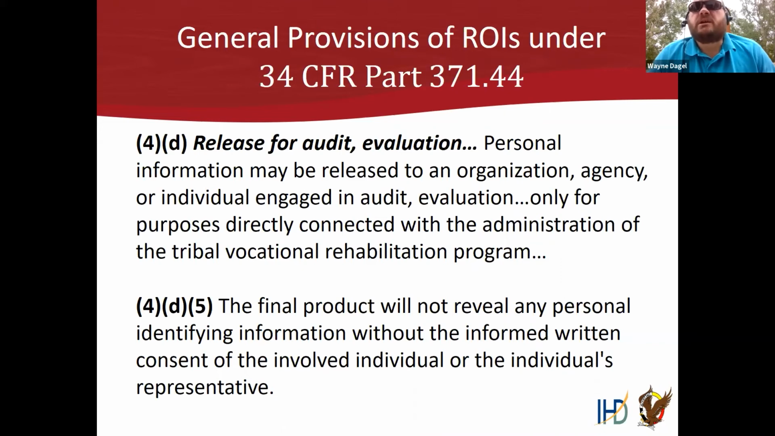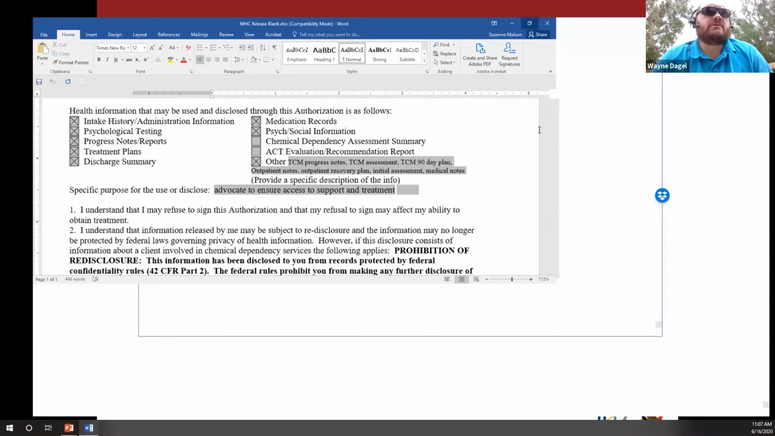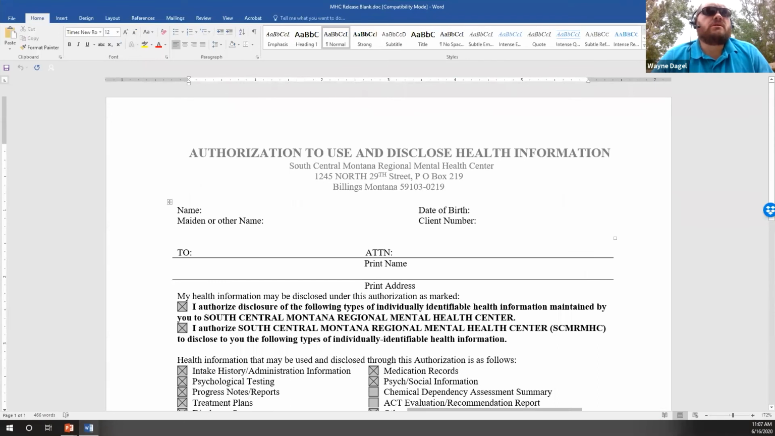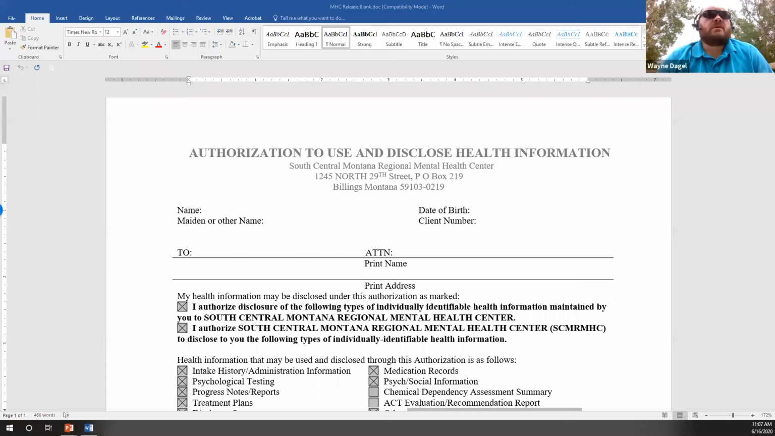Suzanne, will you share a couple of, I think I got Billings Clinic and St. Vincent's ROIs? Hold on a minute, let me find it. So I'm going to have Suzanne pull up one of the ROIs that I had before. This is one that's used here locally in Montana. They would not accept, and when I got this release of information, it was already filled out. They had identified what I could and could not ask for in this release,